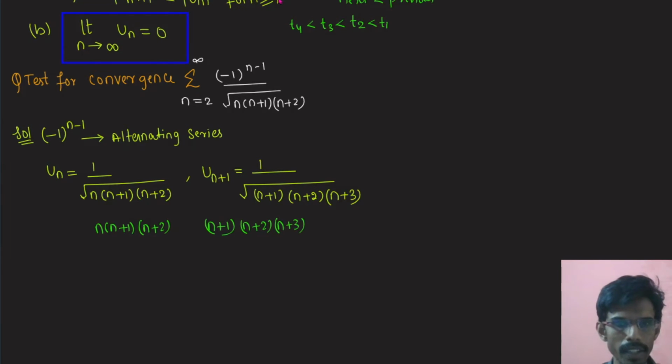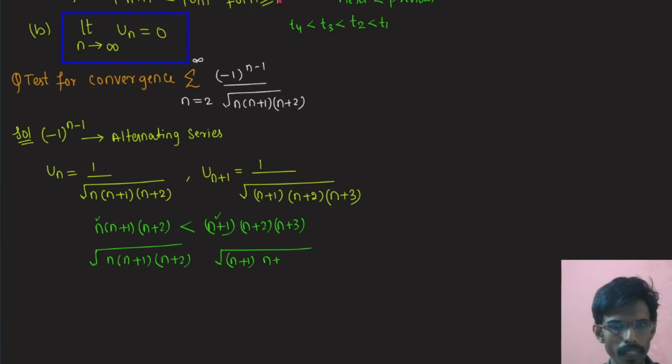See here, which one is greater? This one is greater. So I can see that the left-hand side is less, because here we have n+3. This number is more when compared to n. Next, n+3 will be greater. Now apply root on both sides. So I will get root of n(n+1)(n+2). After applying the root also, this number n+3 will be greater only. So this will be less.